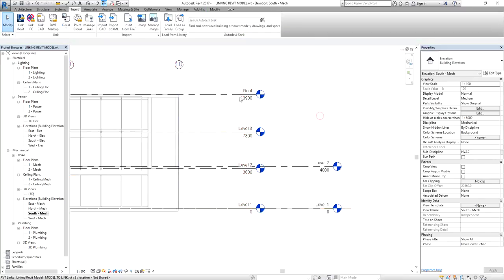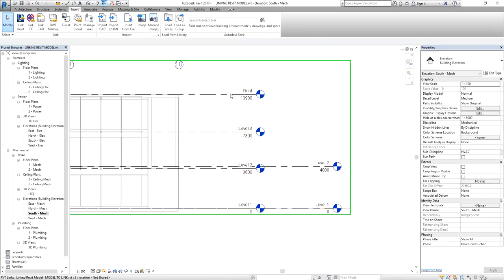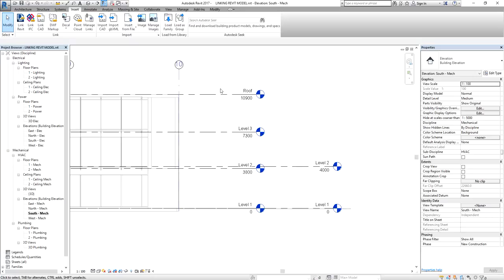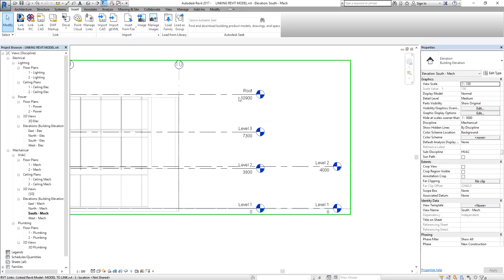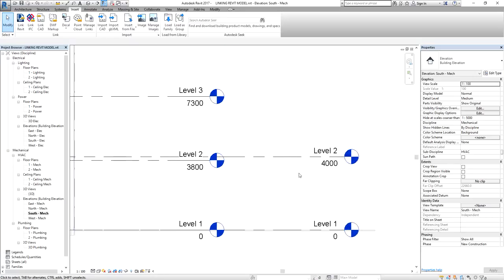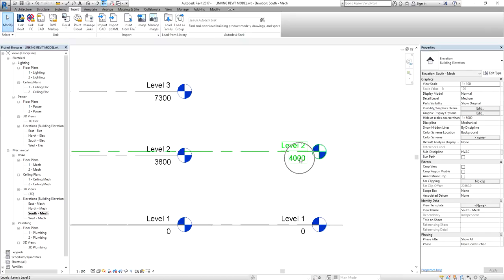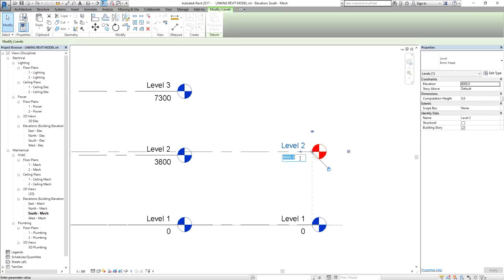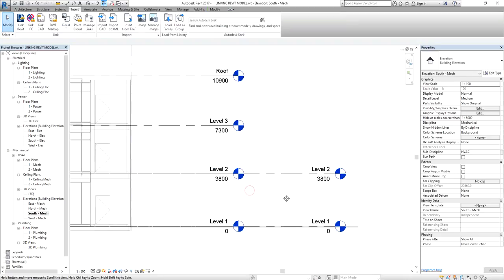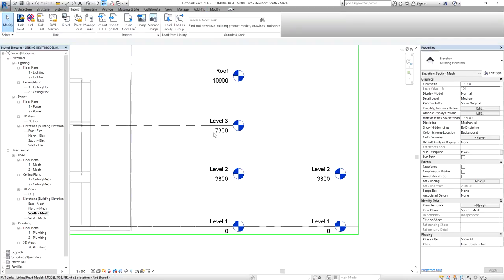My architecture has 4 levels, so I'm just going to follow the levels of my architecture. For level 2, I change this to 3,800 to follow the Archi.